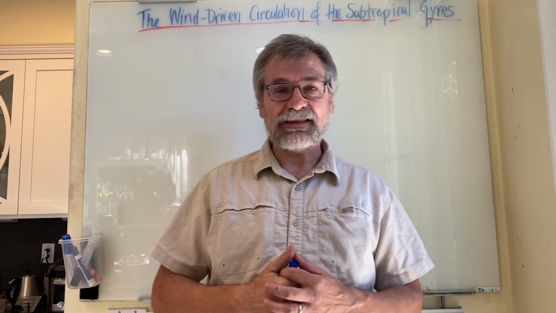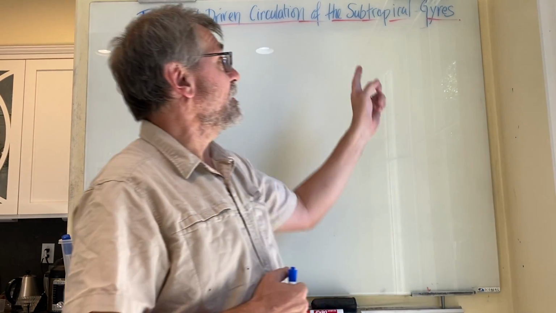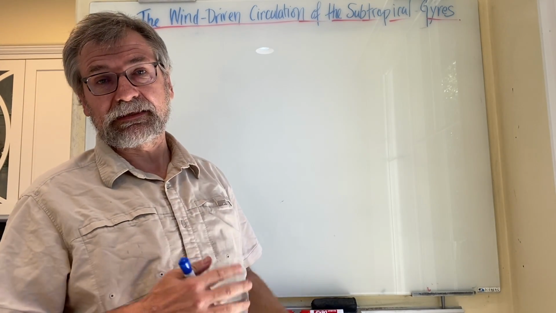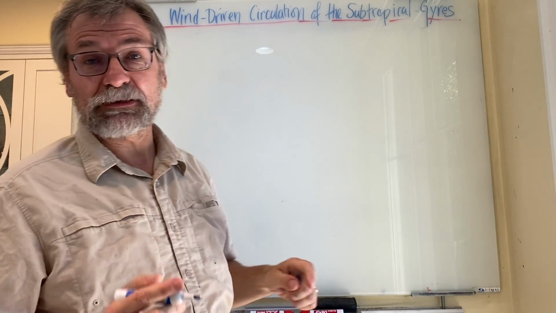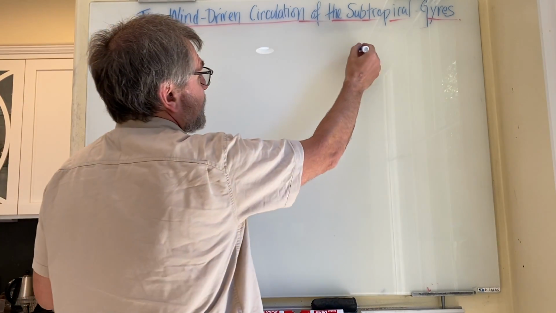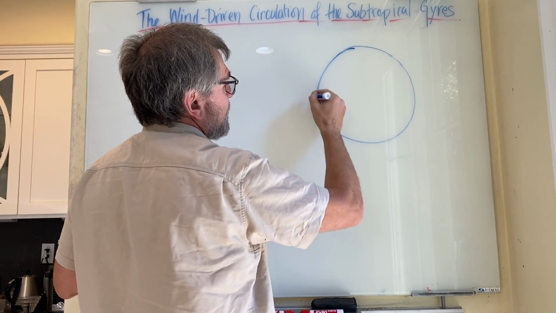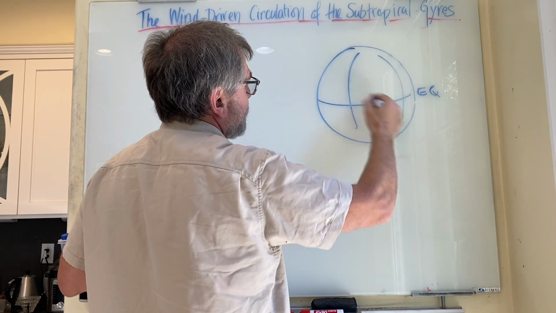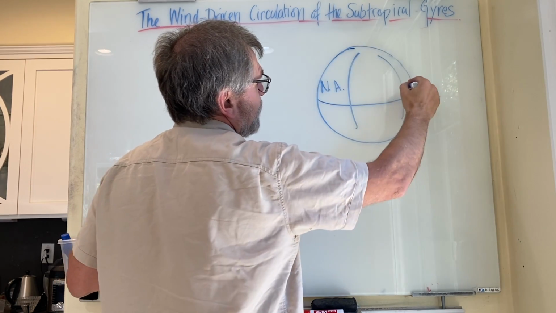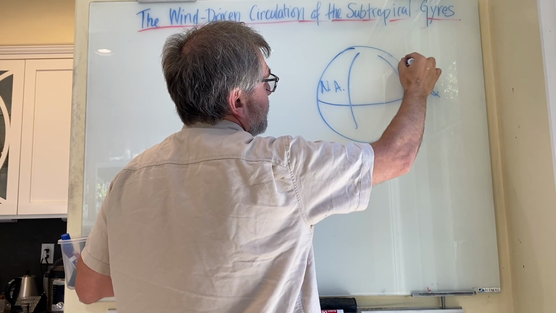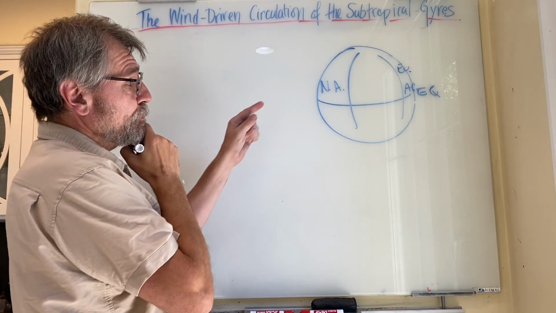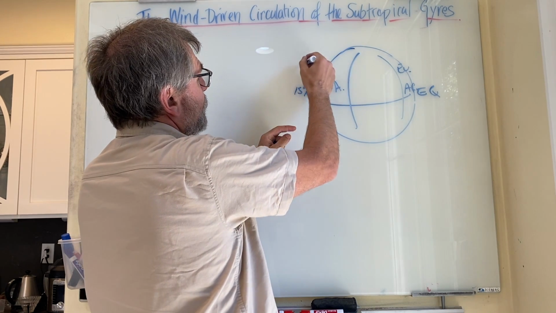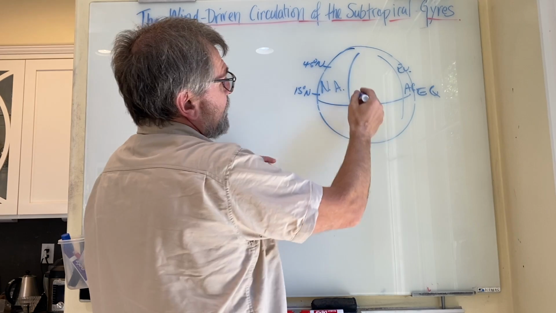All right, so we want to make a mathematical model for the wind-driven circulation of the subtropical gyres, and we're going to think about the subtropical gyre in the Atlantic for this example. So what's the subtropical gyre? Well, if this is the Earth, this is the equator, and then you put in the continents, over here North America, over here Africa and Europe, and if you look between latitudes of about 15 degrees north to about 45 degrees north, in this range,